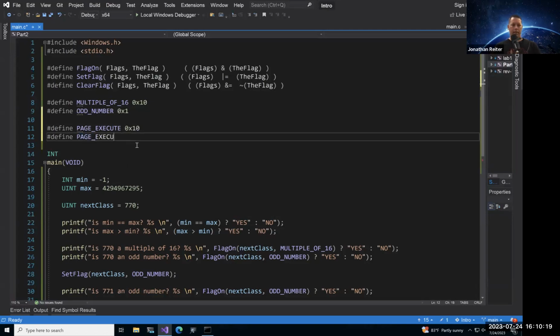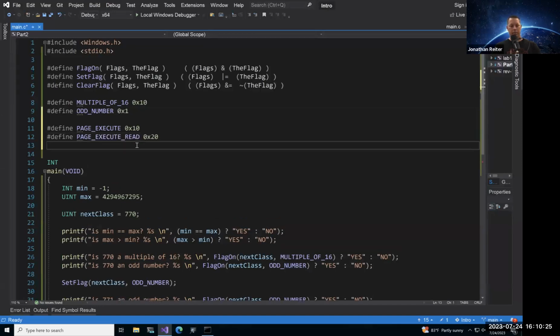Page execute read is the value hex 20. And the next one is execute read write with the value of hex 40.